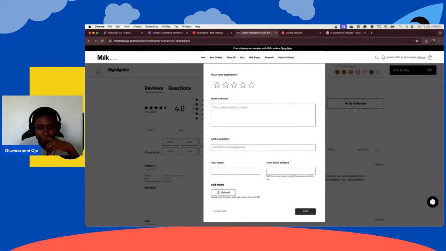Let's click on write a review. So write a review is a modal. Okay, this is a lot, right? There's a lot to work on though, right? And so as you hover on each one of them, right here,